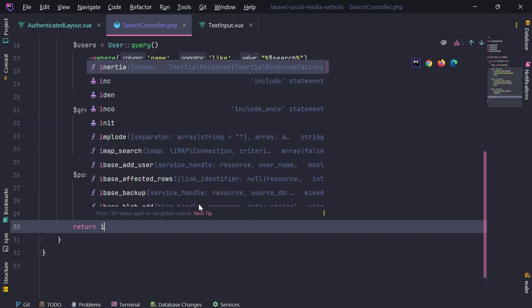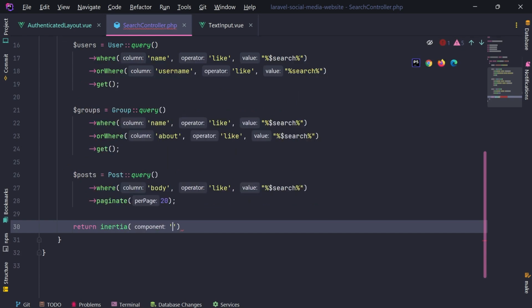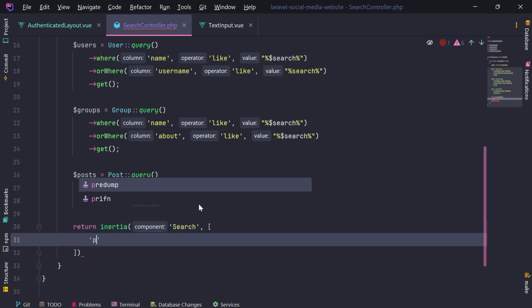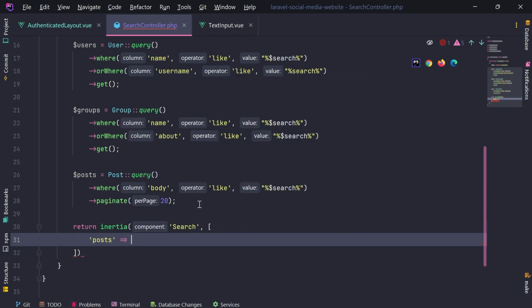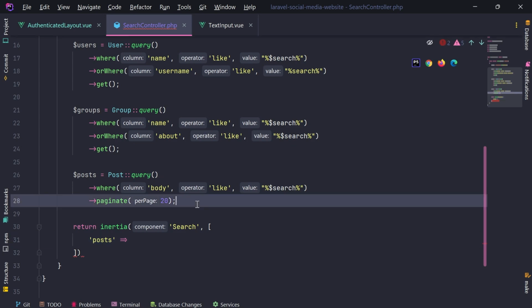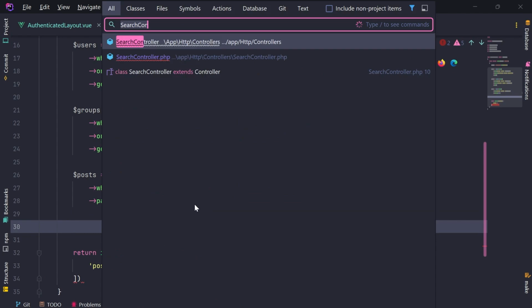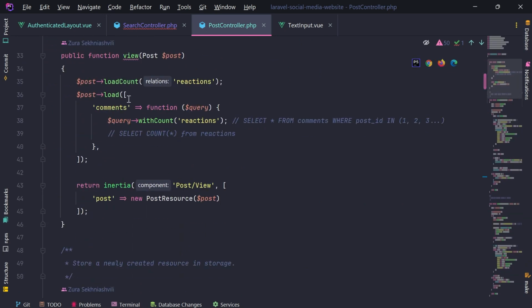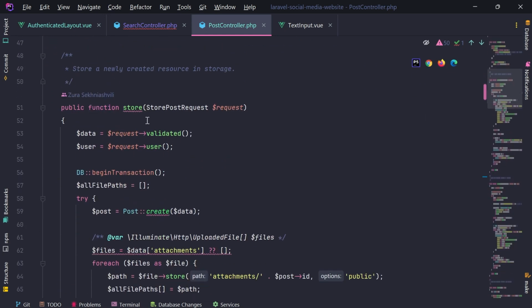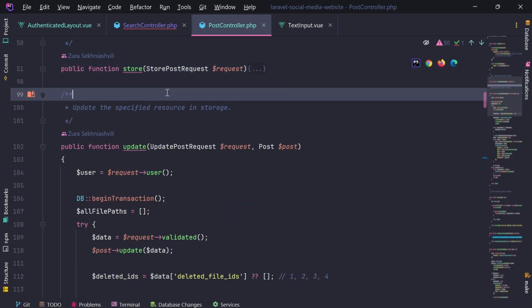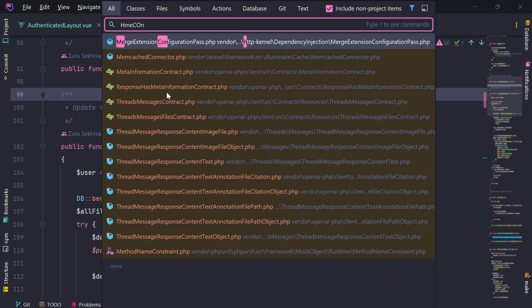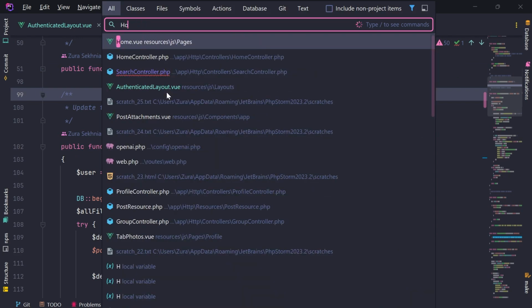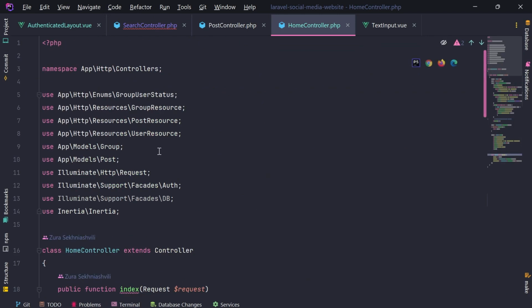Okay, then I'm going to return inertia response. I'm going to provide search here as a component, and we're going to provide posts to be, we're going to use post collection. Well, actually, I'm going to implement this load more functionality for the posts as well. So I need to do something similar to what I have in the post controller in the index, or in the, this is the post view. This is the store. We have that. We have probably in the home controller. In the index,